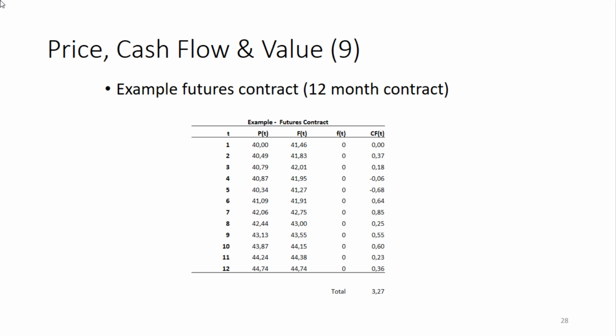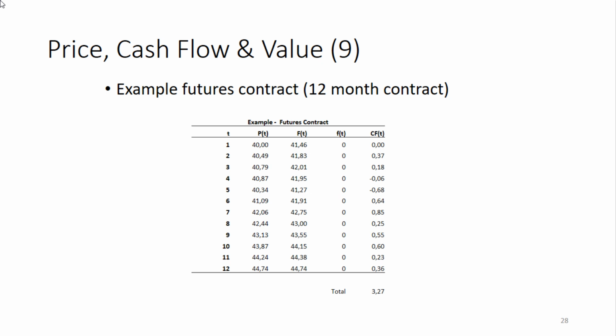So what happens on a daily basis? There are daily settlements. So originally at time 1, I agreed upon a price of 41.46 for a delivery at time 12. If one month later, at time 2, I would want to enter into a futures contract for the delivery at time 12, and the price would be 41.83, then you say, oh, I'm a very happy person that I already entered into this futures contract at time 1, because I agreed upon a lower price, so I could buy it cheaper, which means actually that the contract has value, but this value is immediately settled.